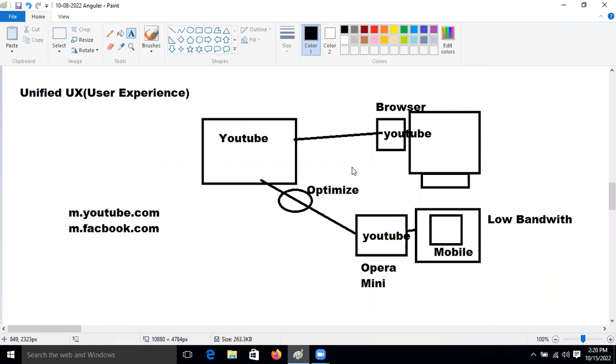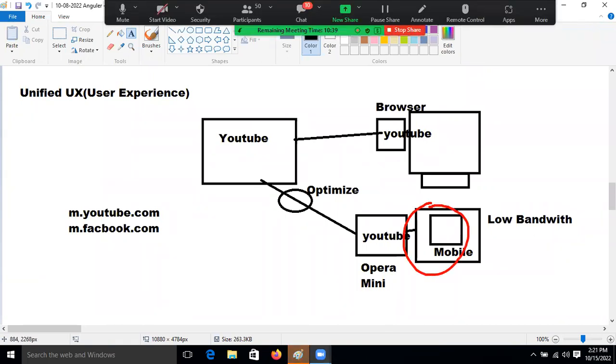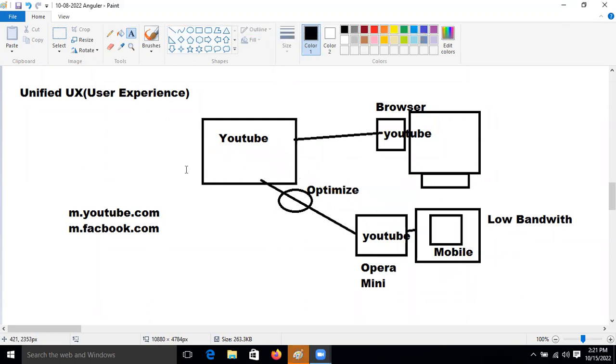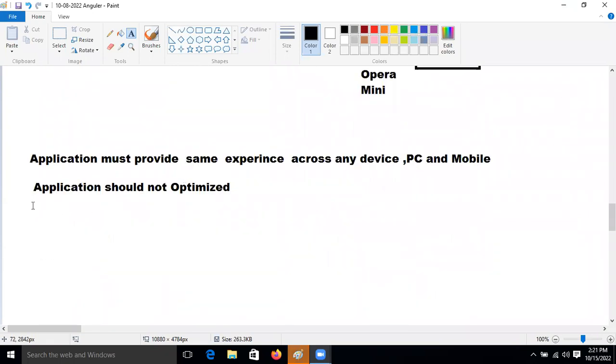Unified means the mobile end user can access each and every feature that is there in YouTube. Clear, friends? Yes, clear, Ravi.